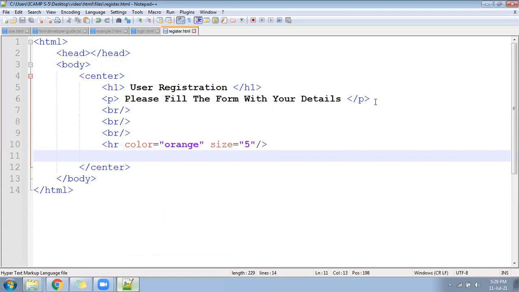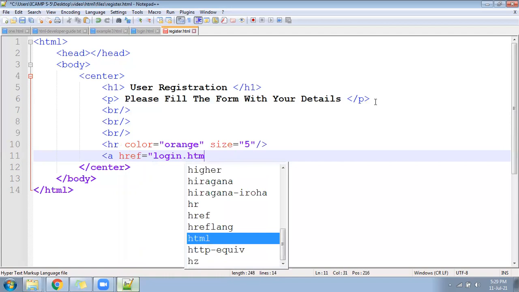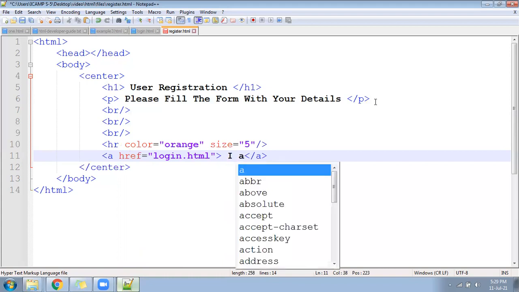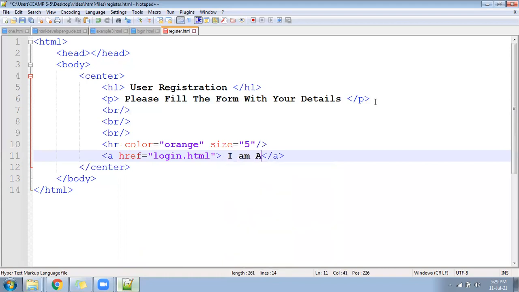Now let's keep a hyperlink. href equal to where you want to go? The login page. That is called the previous page. Login.html. Okay. And then we will write the text here. I am registered, or let's change the text.